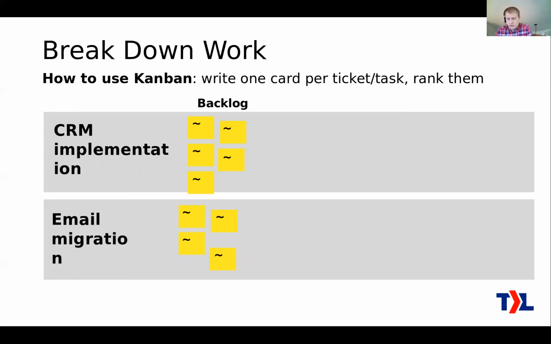The ordering is important here. If these are from top to bottom, first ticket, second, third, fourth, fifth, that ordering is important. That's the ordering that you as a project manager know they need to be done in. They're not just tossed all in here in no order at all. So we're going to work from the top because those are the most important ones.